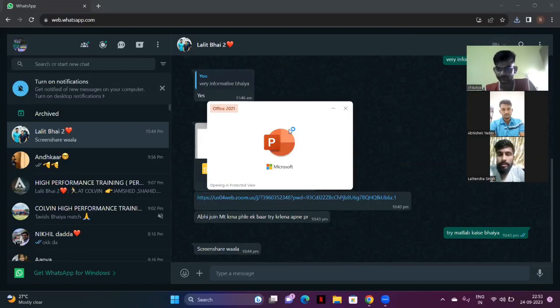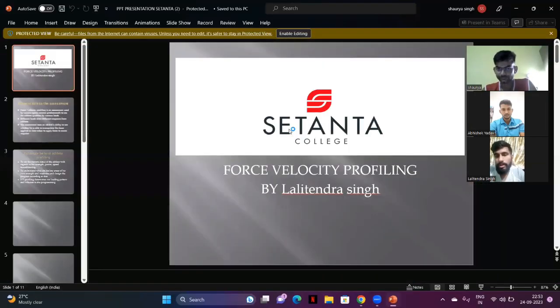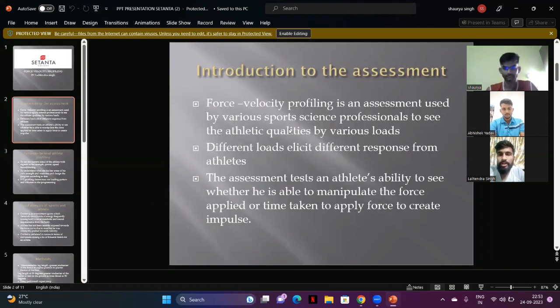As we are going to discuss how we have done the force velocity profiling with the help of the MyJump app. So basically, the introduction of the assessment. The force velocity profiling is an assessment used by various sports science professionals to see the athletic qualities under various loads. What we do in the force velocity profiling is we load the athlete with different weights and see how he's able to use the force